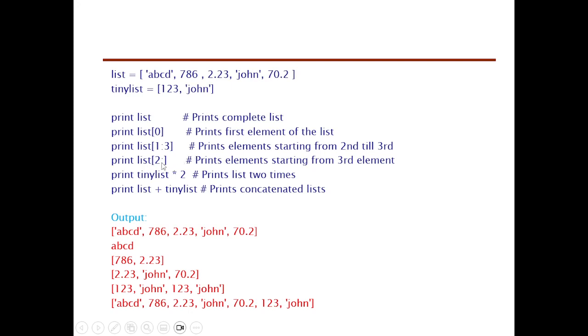Print list 2, so 2 from 0, 1, 2. So it will display from 2.23 until 70.2. This one, print tiny list times 2. Okay, print list 2 times. So we have 1, 2, 3 dyan, 1, 2, 3 dyan. So it displays 2 times because we have this